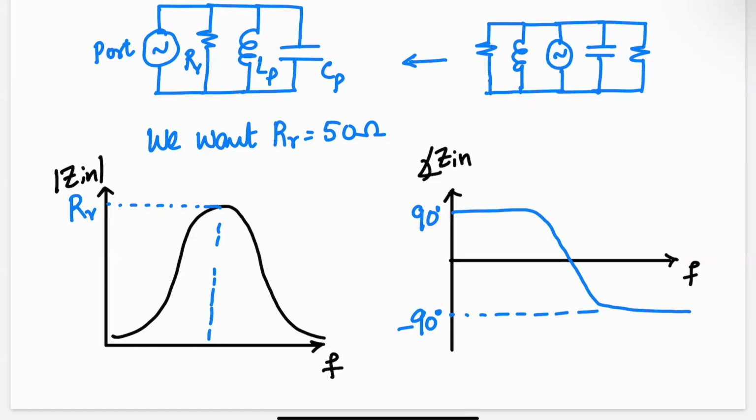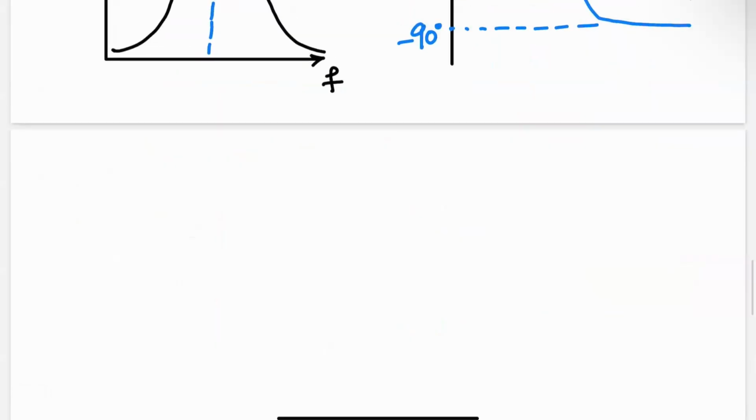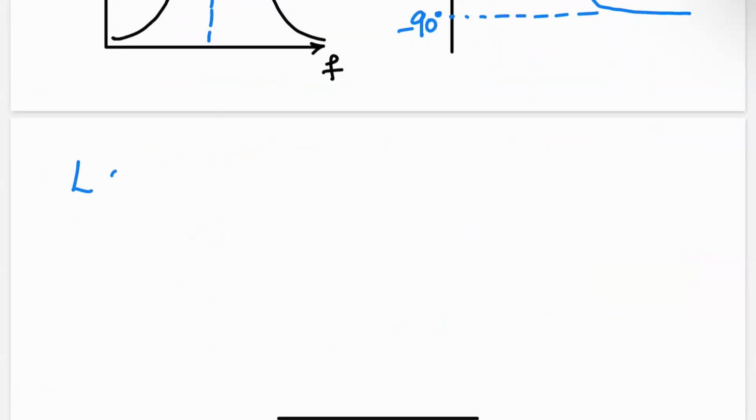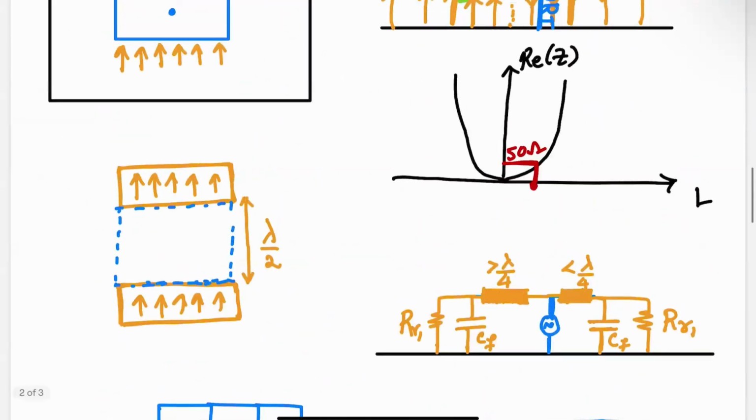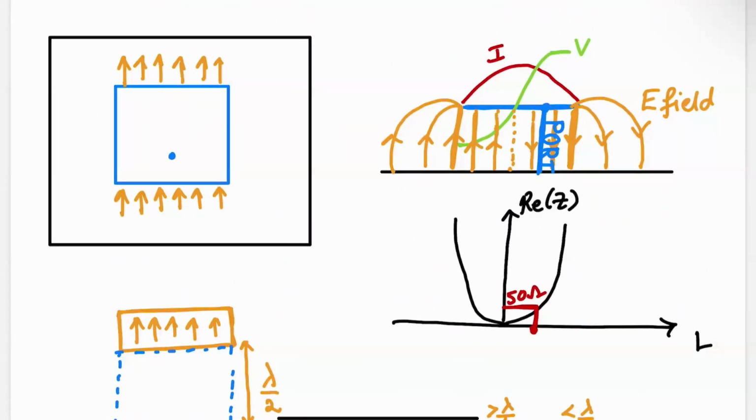Okay. So some design equations which are kind of useful are that you want the length of the patch to be approximately lambda naught over 2 times square root of epsilon r, because most of the fields are really under the patch, so that's dominated by the material. So here I should specify that